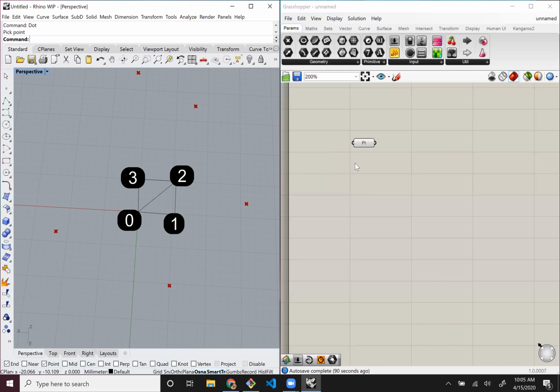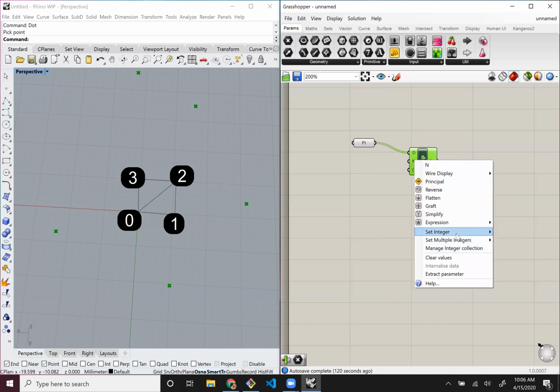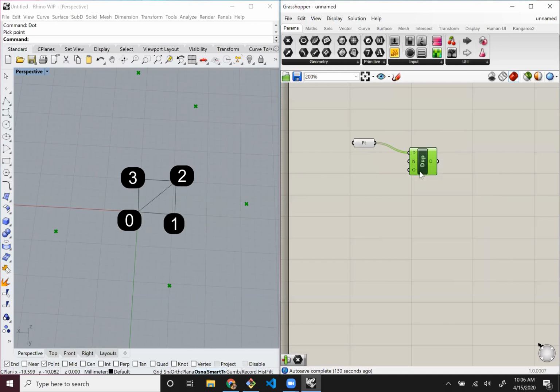So the first step to do here, let's see, use my little cheat sheet over here of another computer, is I'm going to need 6 points. So it's going to be 1, 2, 3 for the first triangle, and then 4, 5, 6 for the second triangle. So I'm going to take those points, I'm going to duplicate them. And let's see, set this to 6. So now we have